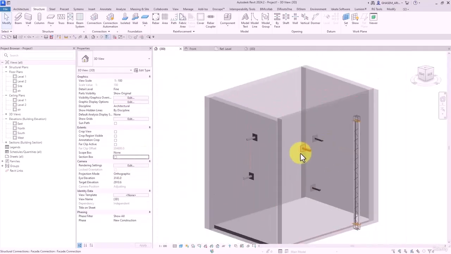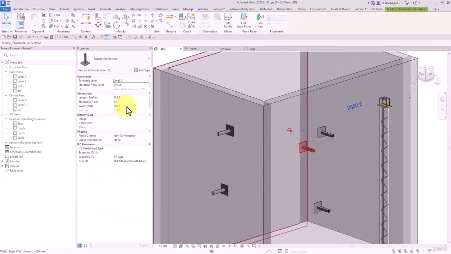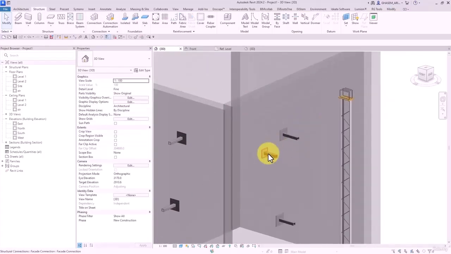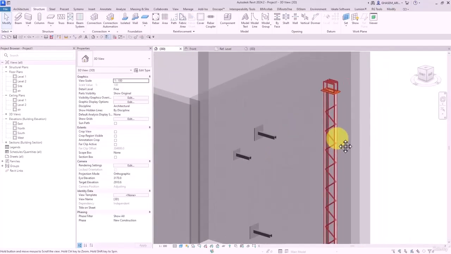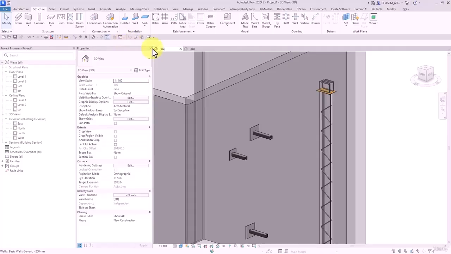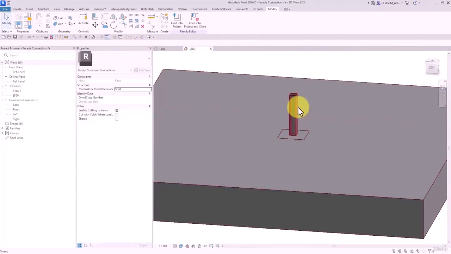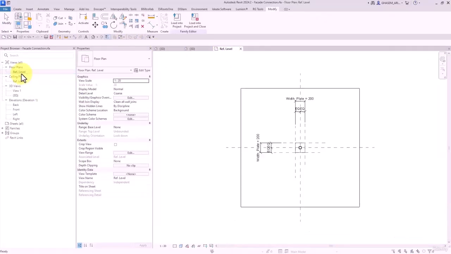Okay. When I select each one, I can control its length. It's variable according to different places which we want to use it there, and also the material. And imagine you want to use an L shape for each one. Back to here in the plan,